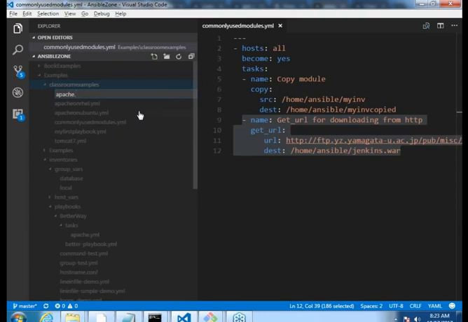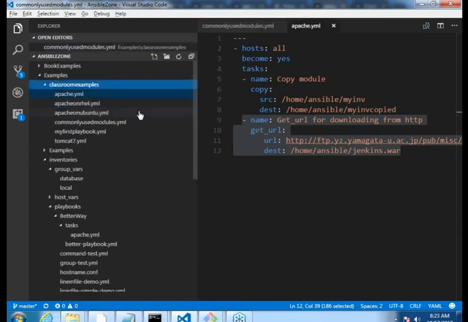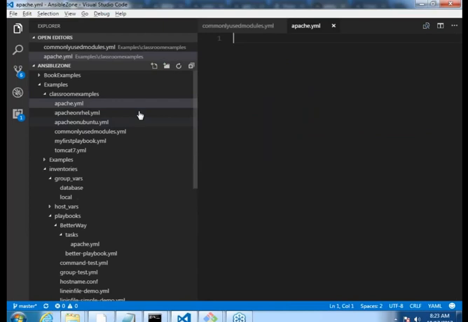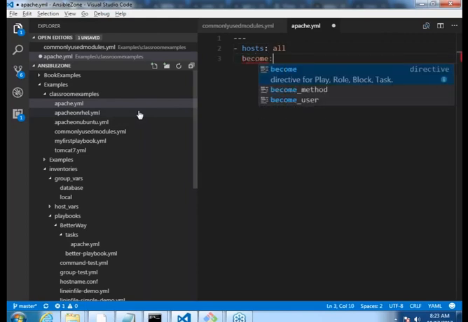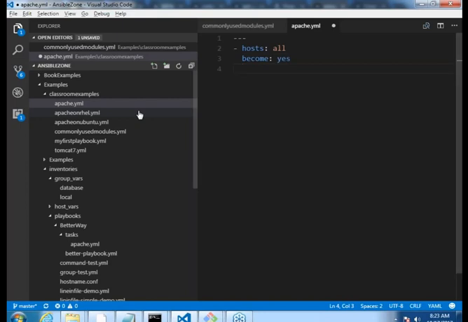I would write apache.yml. This time I don't want to tell which OS it is. So three hyphens, hosts: all. I am doing an installation, so I want become: yes. In the task name, install Apache on Red Hat.